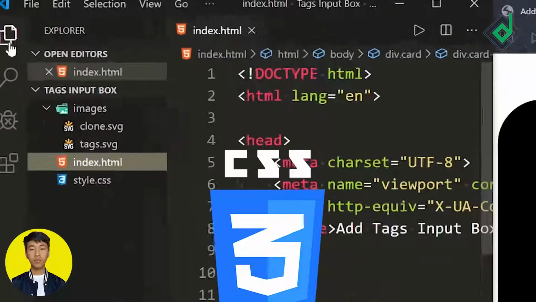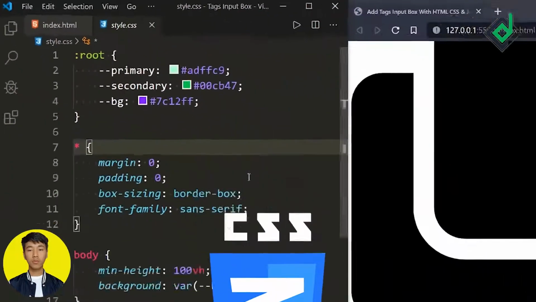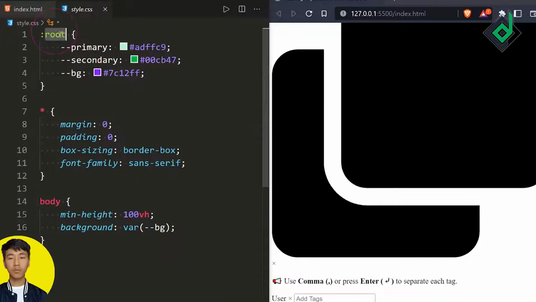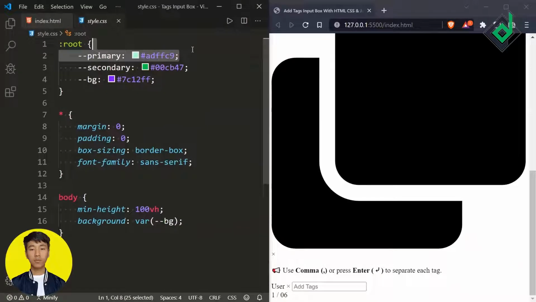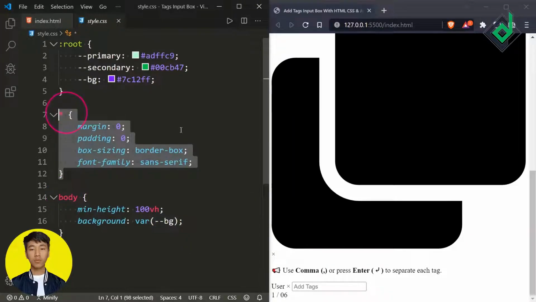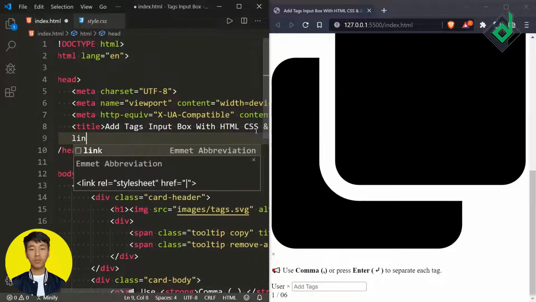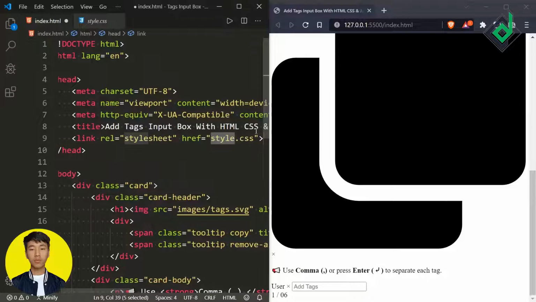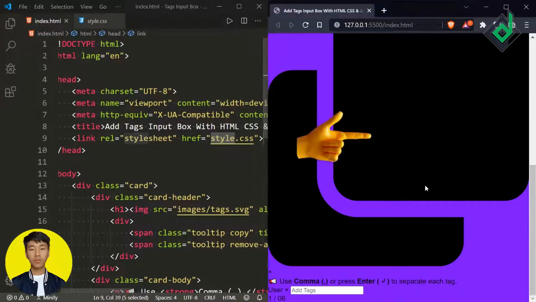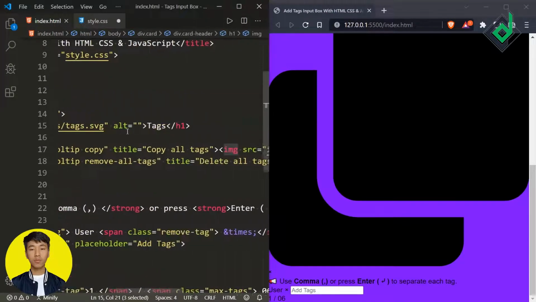You can see I have already created the style.css file. Inside the style.css file, for the root pseudo class, I have declared some color variables, primary, secondary and bg variable, and that color bg variable I have given for the body tag. And for the universal selector, in order to prevent the browser's default behavior, I have given this code. Now let's link our style.css file. Just below the title tag, let's give a link for our style.css file. In the browser, we can see those huge icons. First of all, let's adjust these icons' height and width.